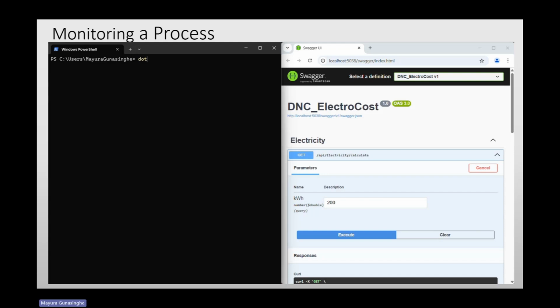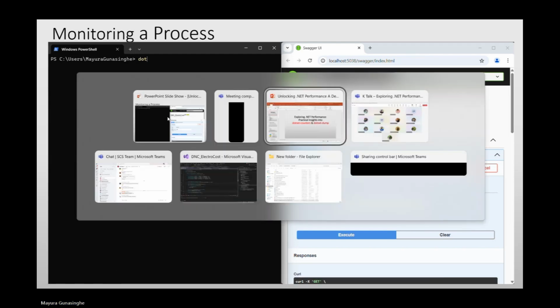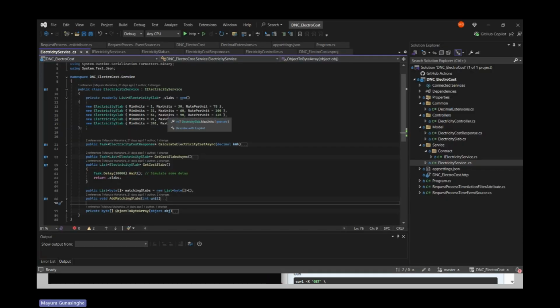Okay, now we have entered the monitoring part. So before we go there, we'll have a look at our code. This is our application. So what basically this application does is calculate the electricity cost for the units that we